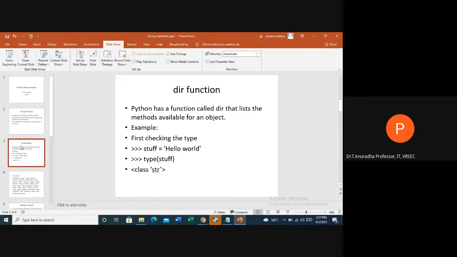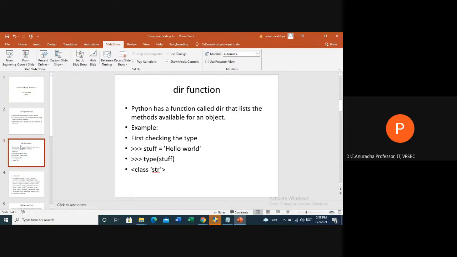First of all, we'll define a string and check whether the thing we have defined is a string or not. For that, we have a function called type, which gives the data type of the value we have defined. For example, I'm defining stuff equal to hello world. Hello world is a string. Now I want to check whether it is a string by using the type function.